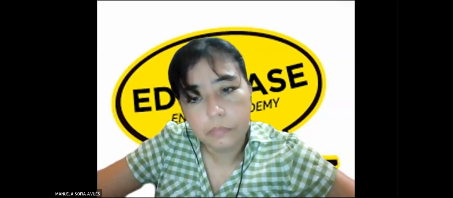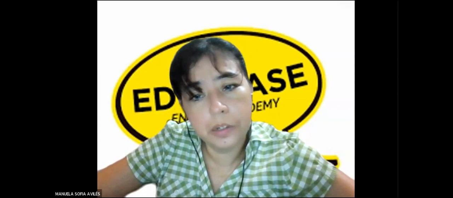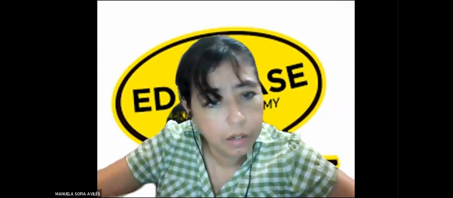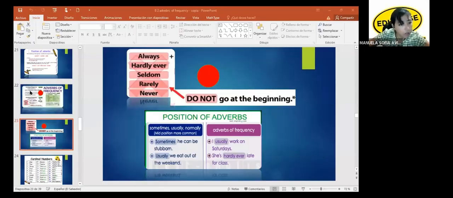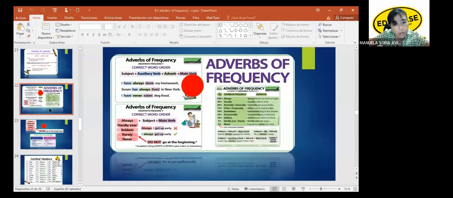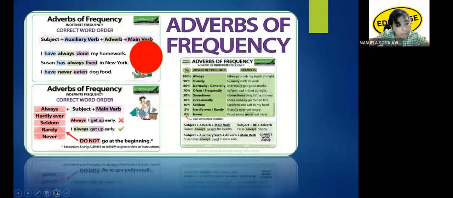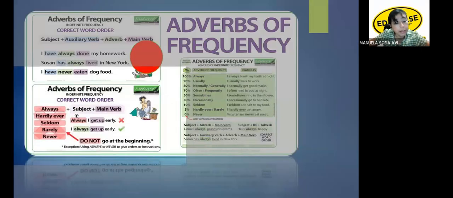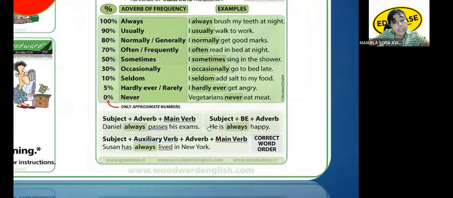Okay. So the section, my dear people, the section. Let me show you. Look. I told you that we use, right? All of them are correct before the verb. And you have to remember that those that are not used never go at the beginning. But here we have another exception. Look,